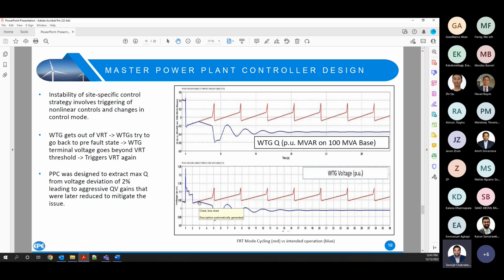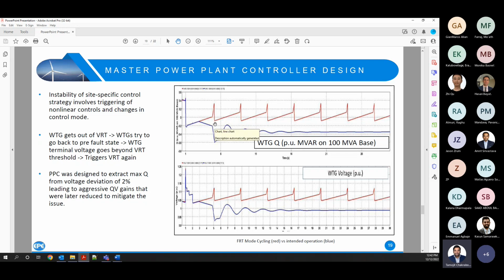So what was happening in this case was, as soon as the wind turbine generators were out of the VRT mode, they try to get back to the pre-fault state. And in order to do that, it tries to go back to what the scenario was before the fault. As a result, the terminal voltage, as you can see where my cursor is, goes beyond the HVRT threshold, right? As soon as it goes beyond the HVRT threshold, a cyclical triggering happens where again, you